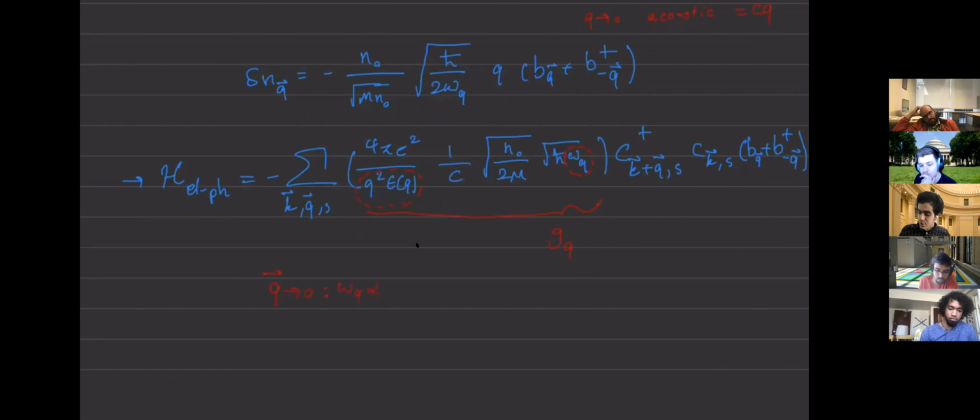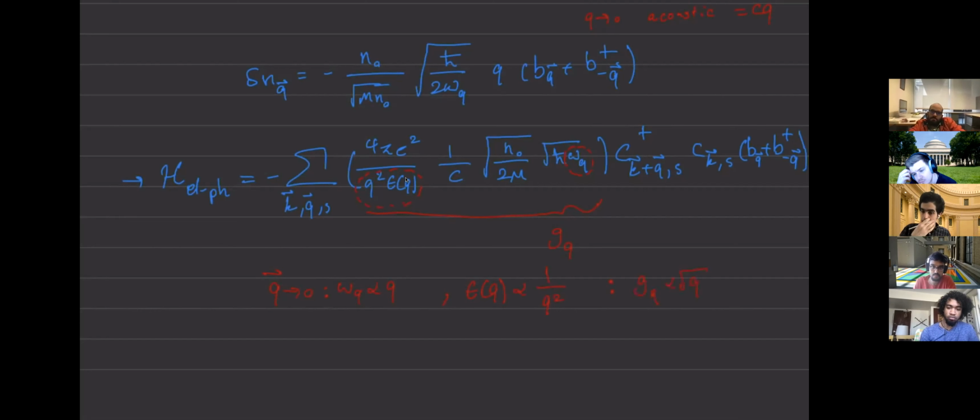On one hand, we said that omega q is proportional to q. And one other thing is that at a small q, we can describe our screening, the dielectric function, with Thomas-Fermi screening, which means that epsilon q is proportional to 1 over q squared. This says that the q dependence in the potential, part of it coming from screening, part of it coming from the Coulomb interaction, will cancel each other and we will not have a q dependence. So all the q dependence that we get at a small q is that g q will be proportional to